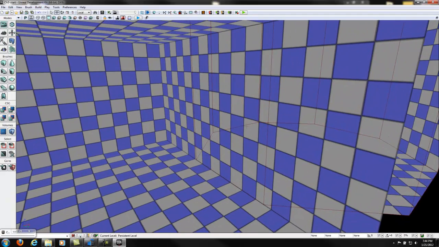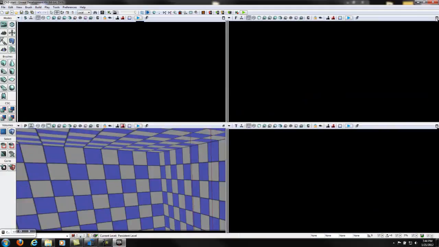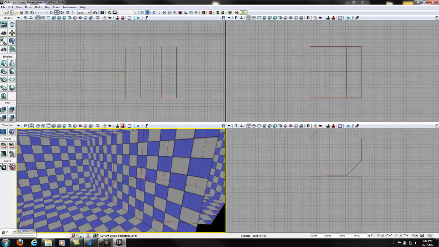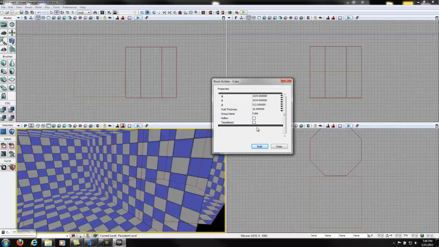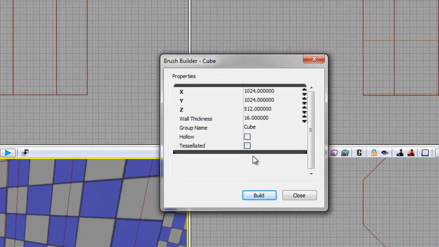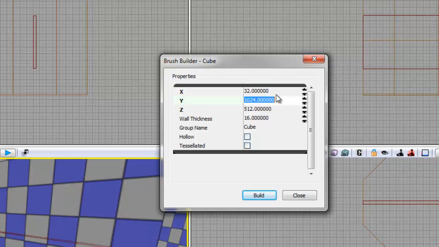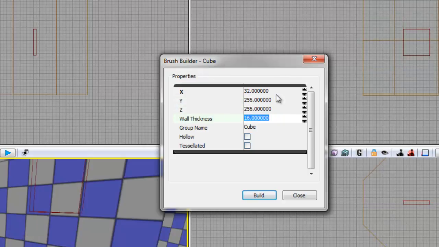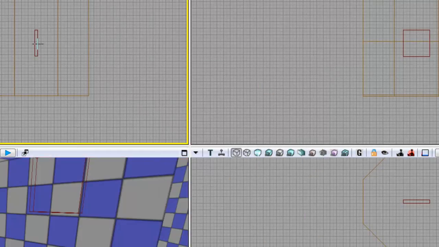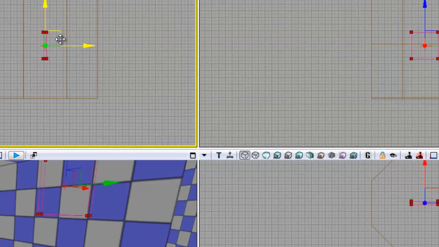Now next is to create a little doorway in the middle here. So next I'll right click on the cube brush, and then create a cube that has 32 units along the x-axis, 256 units along the y-axis, and 256 units along the z-axis. Build your brush, and then in one of the viewports,